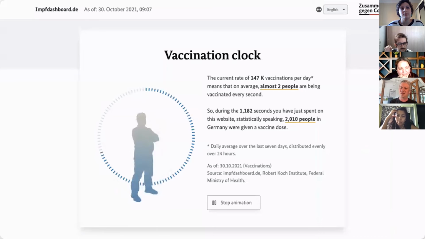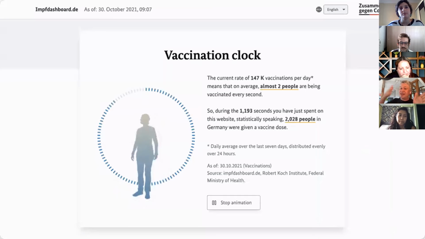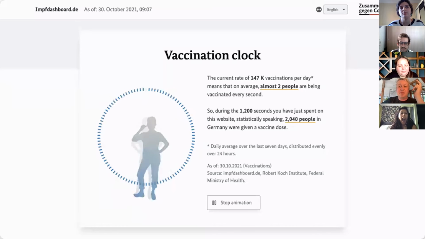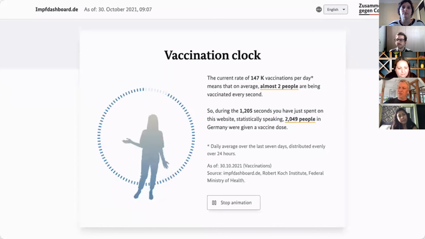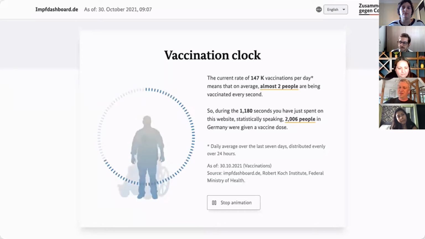The vaccination clock was a means to say, what's the current speed of vaccination right now, right? The daily speed. If all the vaccinations on a day were spread out exactly evenly, what speed would that clock have? Like how many do we do per minute, per second? It's just one number, but by visualizing it day by day through that clock, people had a visceral sense of the speed and were able to somehow relate to that at a scale that makes sense.